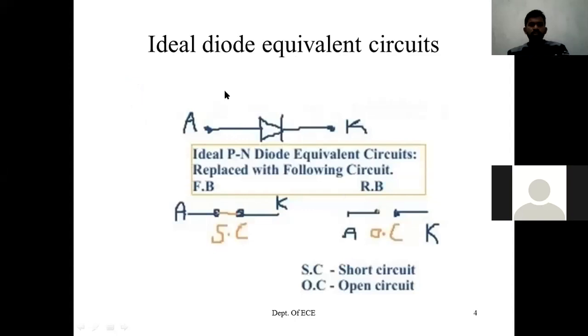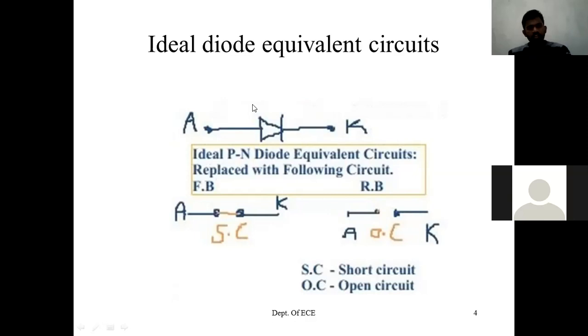So as I told you previously, in the diode equivalent circuits, whatever we need to understand the rectifier, that I am again discussing now. You just see the ideal diode here. You already know this is the PN junction diode. This is the symbol of the PN junction diode. Ideal diode means the characteristics are ideal. The practical diode tries to achieve these ideal diode characteristics, but the ideal diode is not possible to implement anywhere. Only for the practical diode there is some reference. That reference is the ideal diode characteristics.